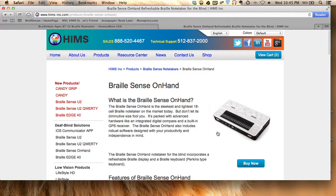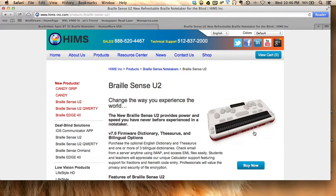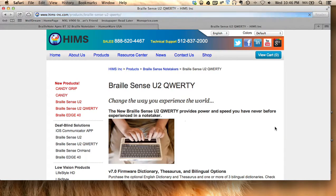This is an 18-cell display, as well as the Braille Plus 18. So I have a problem with having a smaller display size. I like as big as possible. So we could either look at the Braille Sense U2, which is a 32-cell. We could also look at the Braille Sense U2 QWERTY, which is pretty cool because when